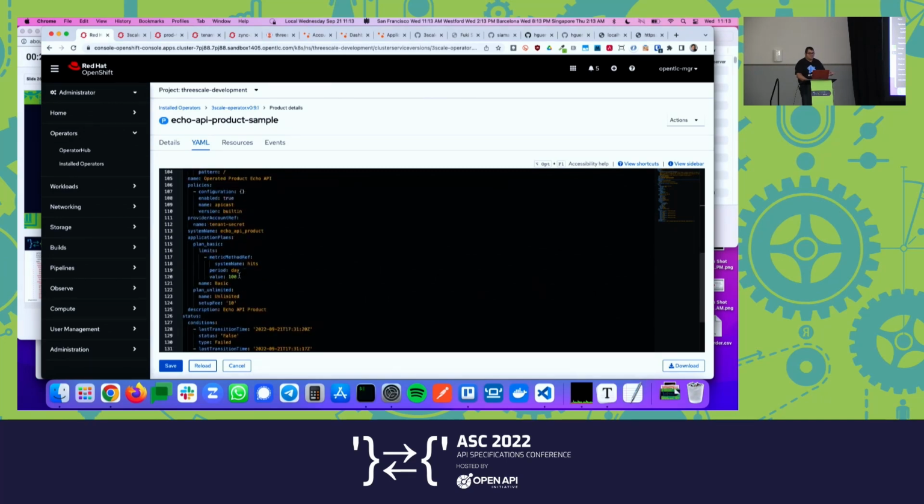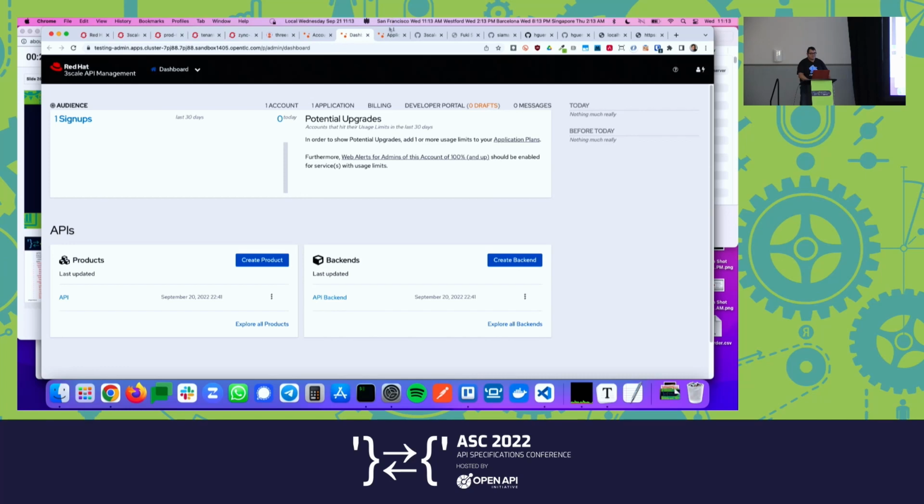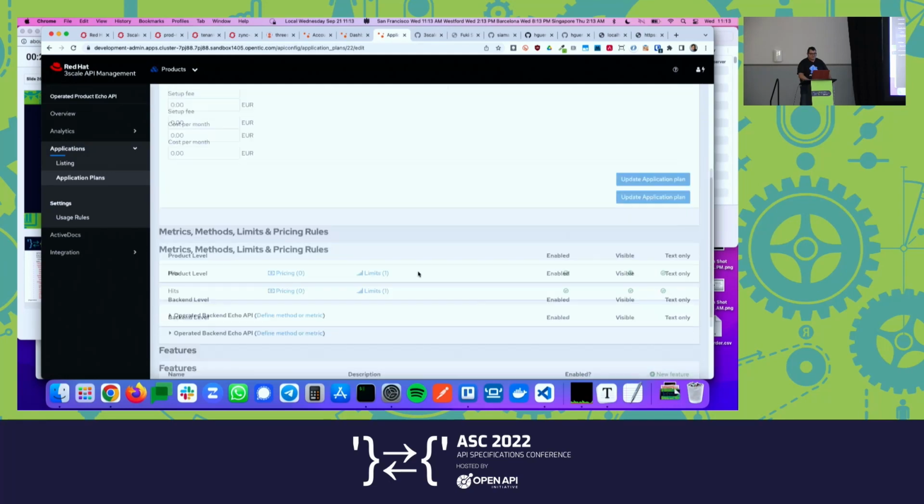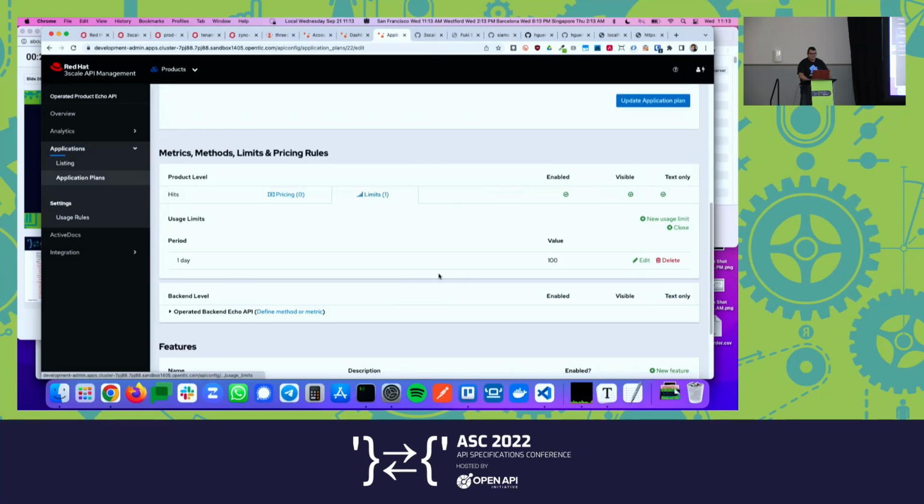Now it's 100, and so now the operator or the controller is going to read this information, see that there's a difference between the service that it's running, the application plan value that's actually in the manager, and the desired value. So if everything goes correctly, we should see that if we refresh this, we have a new value that reflects our change, and now we can see that it's 100. So, yeah, we were able to have